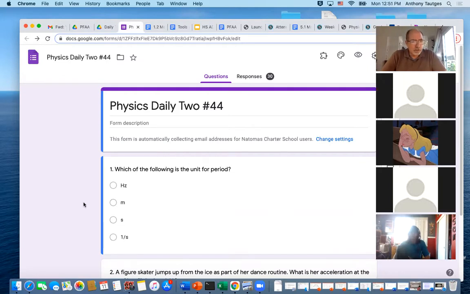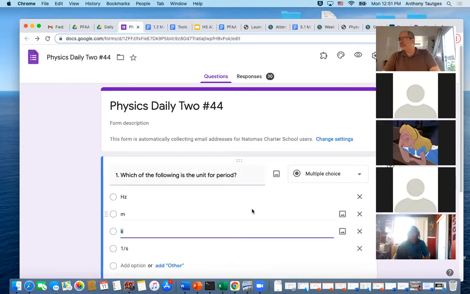Period, if you recall the definition, it's the time it takes for one wave to pass a certain place, or the time for one cycle. Keyword there being time. So the correct response there is seconds. The correct response there is seconds, okay? And looking at my spreadsheet of responses for this,